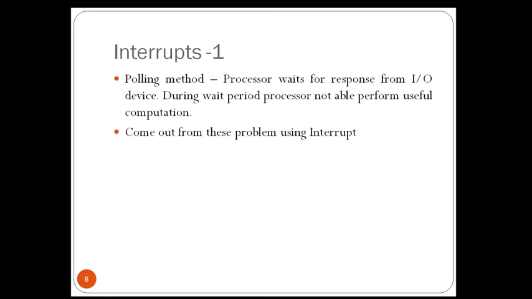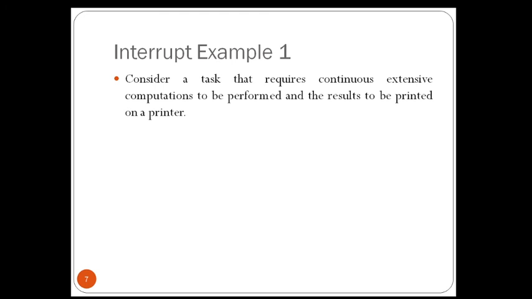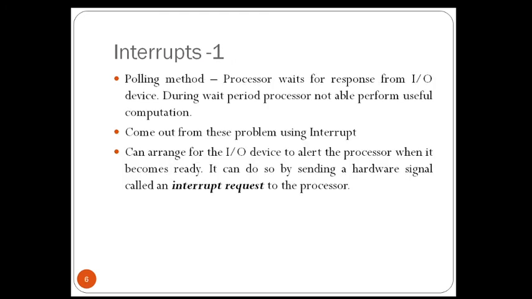That signal is called an interrupt to the processor. At least one of the bus control lines, called an interrupt request line, is usually dedicated for this purpose itself. So what is an interrupt? It is a hardware signal sent by the IO devices to the processor to indicate that the IO device is ready to be used, or that the IO device has something to be processed by the processor. This hardware signal is handled by one of the bus control lines.